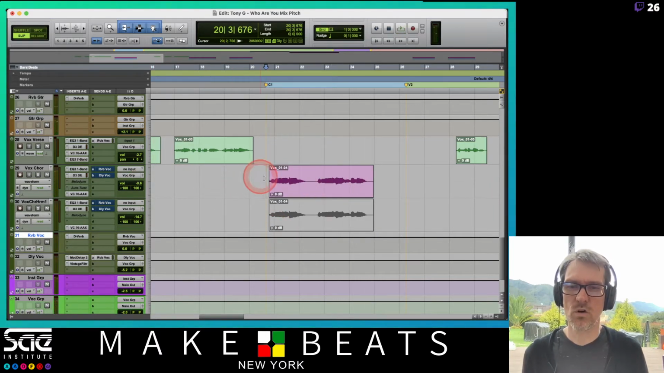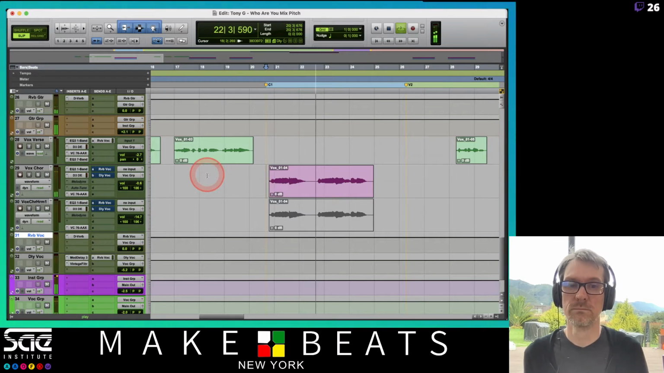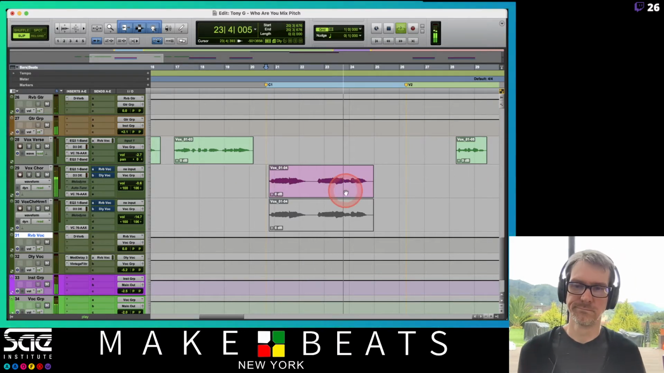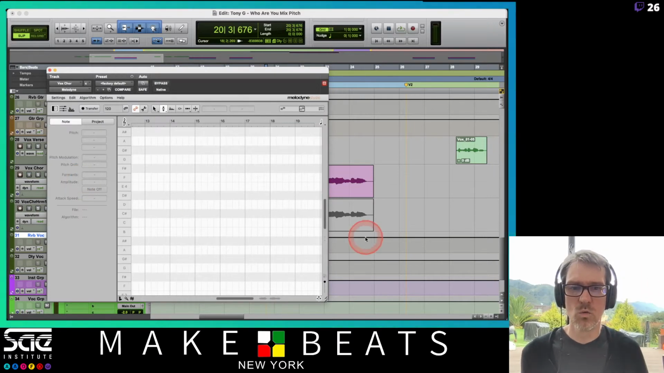Okay, so here's our vocal without anything. It's just the vocals on the track right there. Okay, and what I've done, let's go ahead and turn this Melodyne back on. And once the Melodyne is on, we can see,